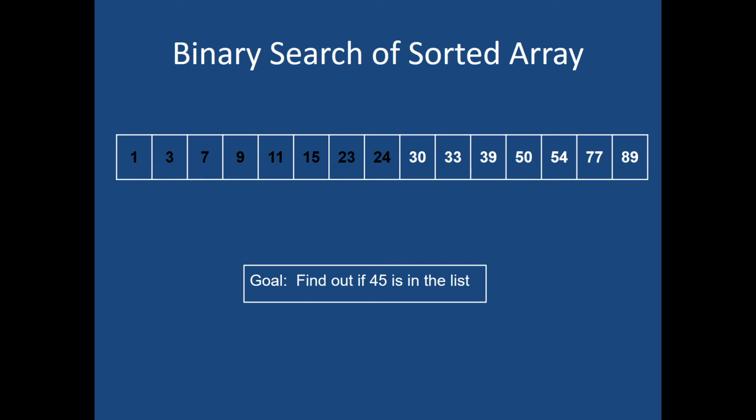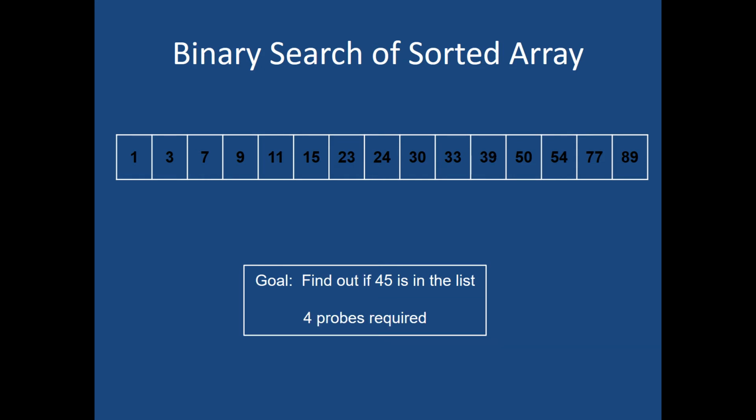Okay? So we've got now 1, 2, 3, 4, 5, 6, 7 elements left. Where should we look next? Right, look at the middle element of what's left, which is 50. Now the 50 is bigger than the 45, so what can we rule out? The right side. Rule out all those. Then we can probe the 33, which is the middle of the remaining elements, and it's too small, and there's only one left, and it's not 45. So we're done. That took 4 probes. Okay, 4 probes versus 12 probes. That's not a big deal, but